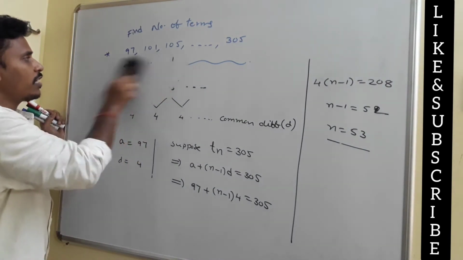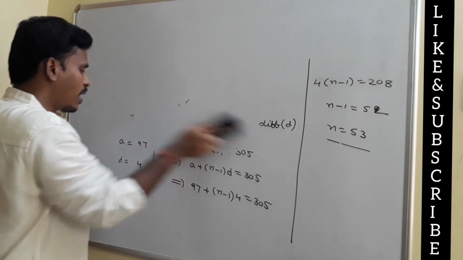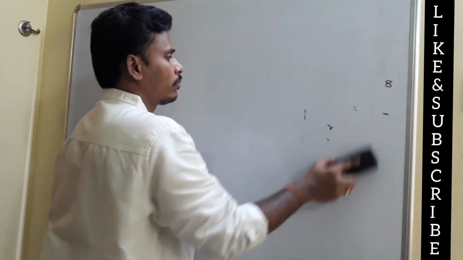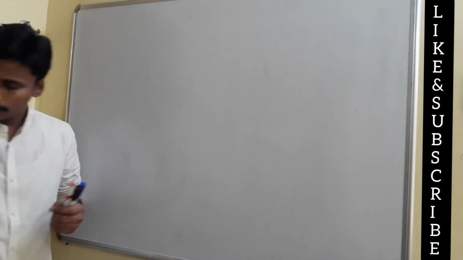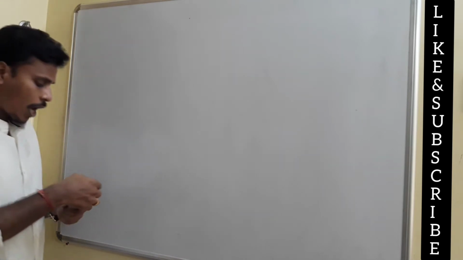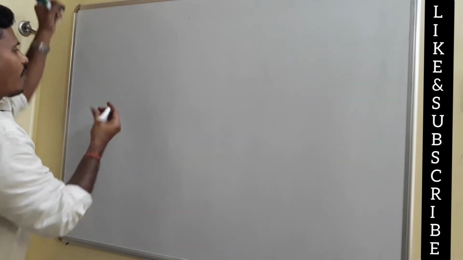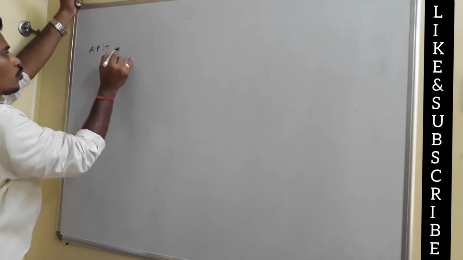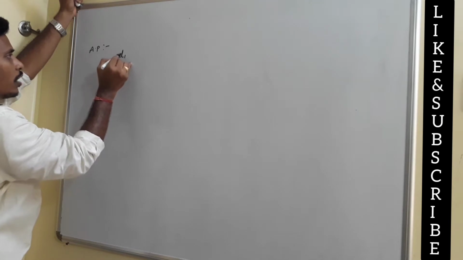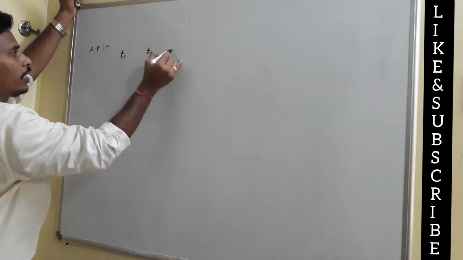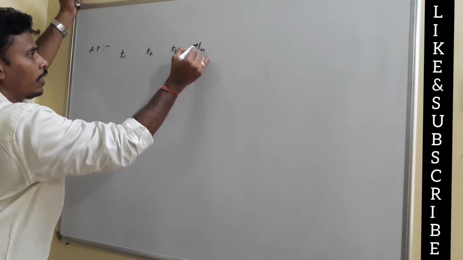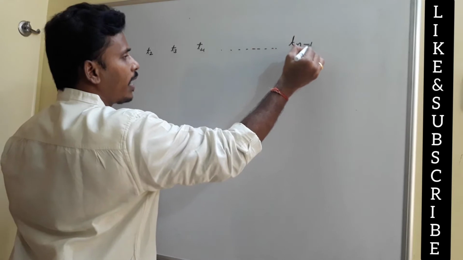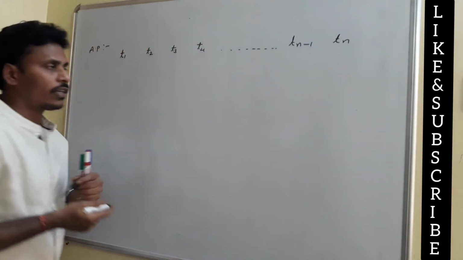Yeah. So this is just a revision of the previous class. I took this problem, right? As we discussed in the previous class, the terms of the arithmetic sequence, how they are located. See, I have an arithmetic progression. Have a look at this arithmetic progression, and we usually indicate the terms of the arithmetic progression as T1, T2, T3, T4 like that. If you continue, T n minus 1 and T n.